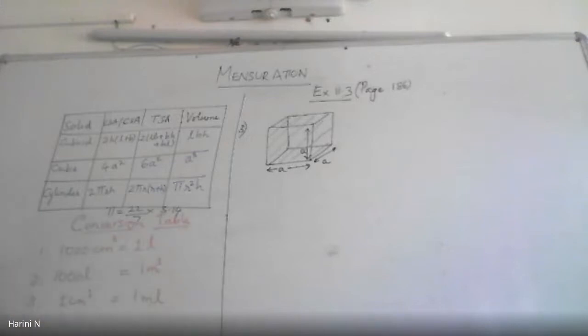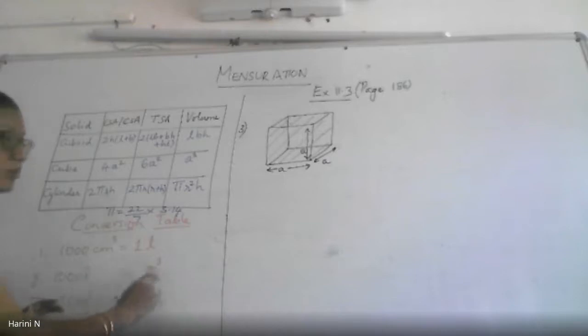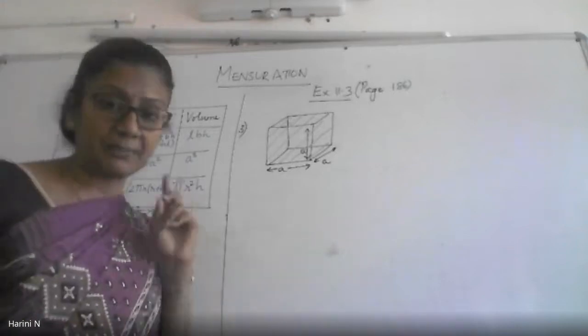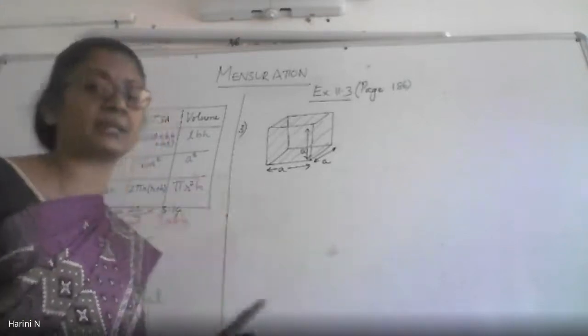Now coming to the next conversion, between liters and meter cube. Like you have 1000 centimeter cube in 1 liter, this meter cube is a bigger unit. So when I accumulate 1000 liters, that will be equal to 1 meter cube. 1000 centimeter cube is 1 liter, whereas when you accumulate 1000 liters together, it will be called 1 meter cube. This conversion is very, very important. Please remember this, because we are going to use it in the formula.